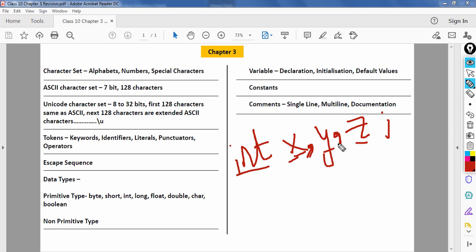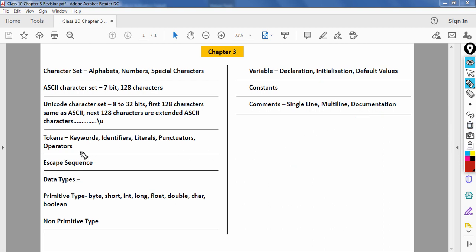Finally, let's see operators. Operators is the final category of tokens. Operators such as plus, minus, these different symbols are used for performing certain operations. It could be an assignment operation, it could be a logical operation.